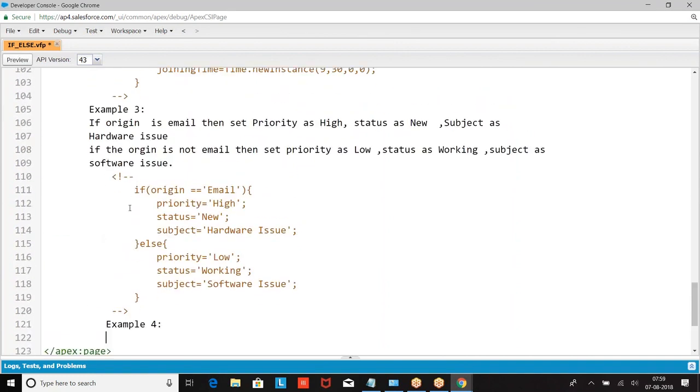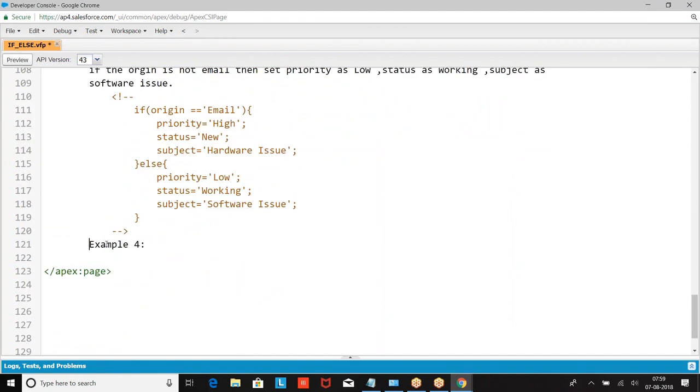Now, in the next example, I want to take if, else if. Are you from Hyderabad? Yes, then do this. No, are you from Bangalore? Do this. No, are you from Chennai? Do this. If it is true, do this.